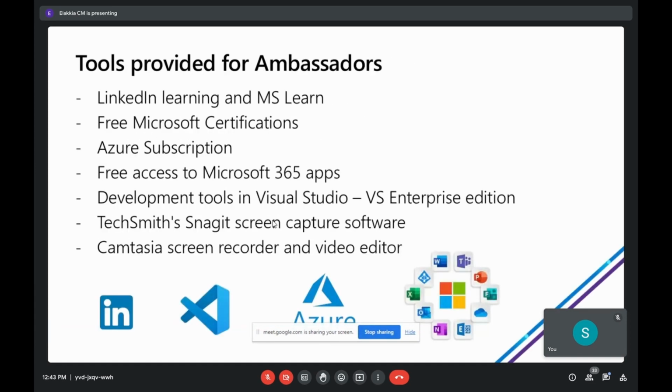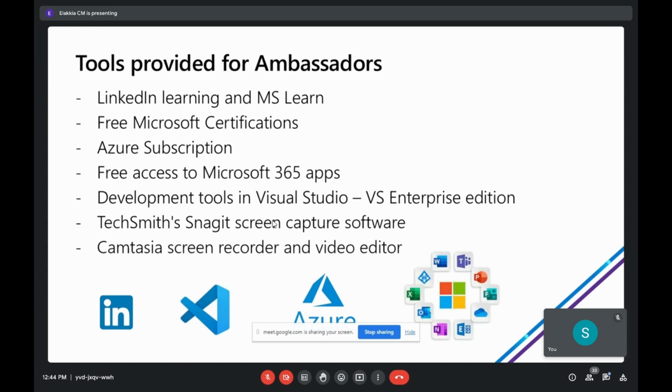So when you join this program, you'll be given a few tools to help your peers. The first one is LinkedIn Learning and Microsoft Learn. I've tried LinkedIn Learning. It's really good, and all of its courses are basically focused on beginners. They'll tell you from the basics, and they'll cover everything. LinkedIn Learning is really awesome. You'll get a subscription to it, and you'll be allowed to do free Microsoft certifications. And through this, I did my Microsoft Azure fundamental certifications, and now I'm planning to do data.